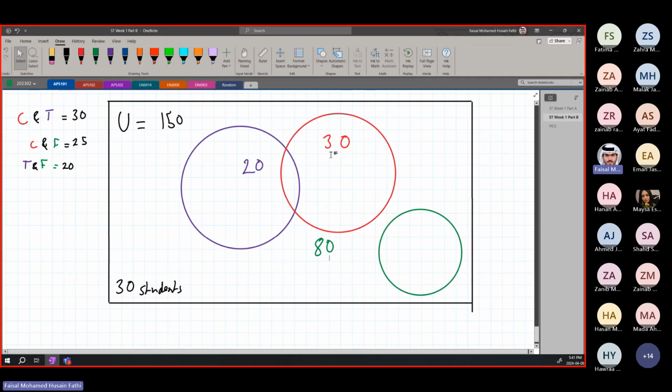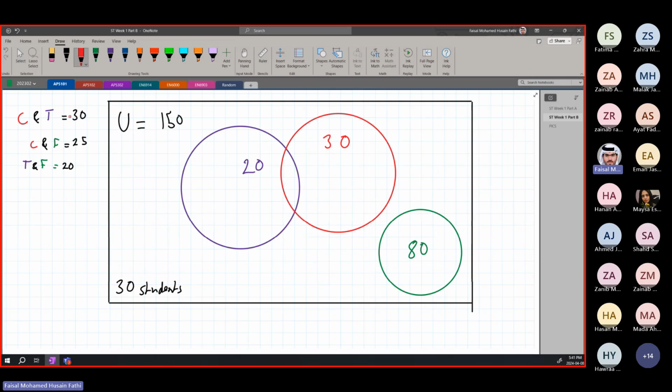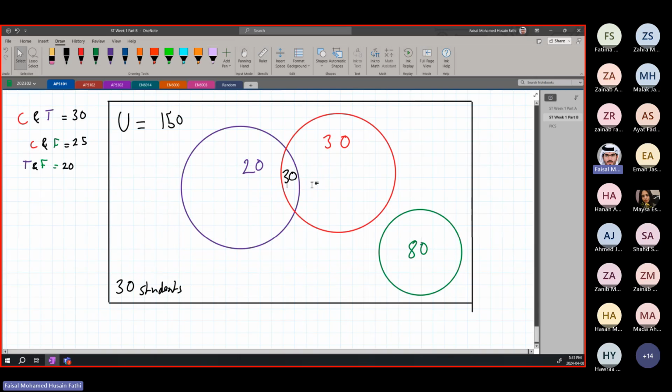So we have 20 and 30. And this 80 is here. Let's keep the football on the side for now. We have 30 in between. So this is also 30, which is the intersection of both. This is 30 because it's in both circles. So 30 plus 30 is 60, which is how much we have in